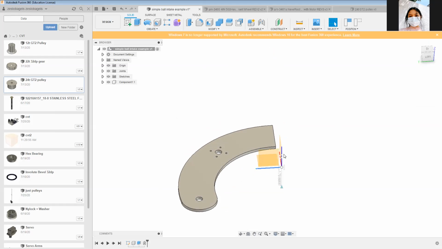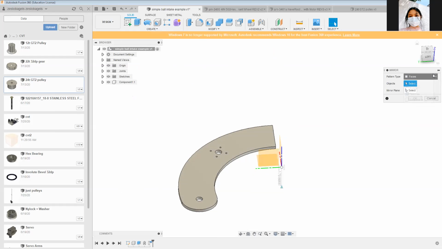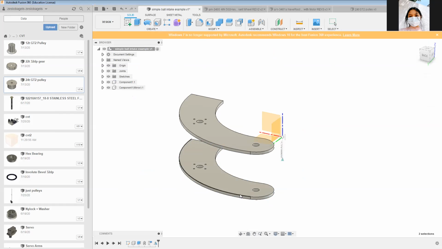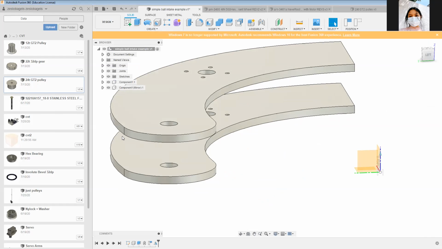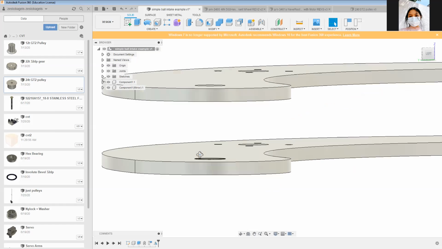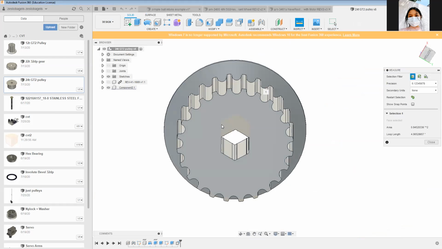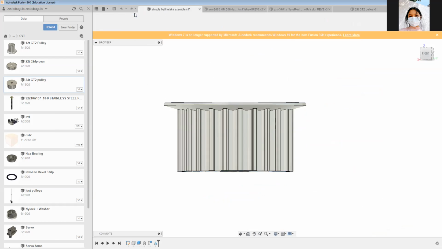I'm just going to move this down a bit and capture position, so it's easy to see. And I'm going to do a mirror pattern here because you want both the top and bottom. Right. And these two plates are going to sandwich the pulley and the bearings. I can't import this. Usually you would be able to, but it's just the way that I created this. I'm going to copy this distance, and I'm going to create,